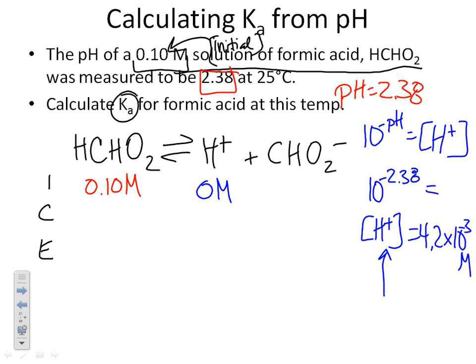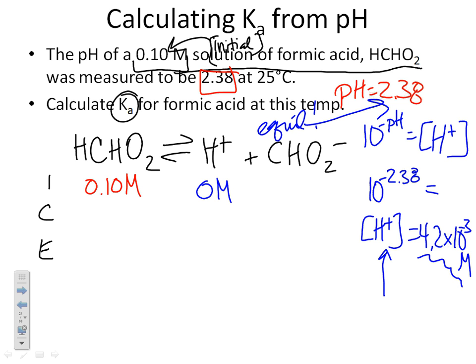And then the formic acid dissociated and created this 4.2 times 10 to the minus third molar hydrogen ion concentration. When pH is given to you, or pOH is given to you in a problem like this, it is telling you the equilibrium concentrations,